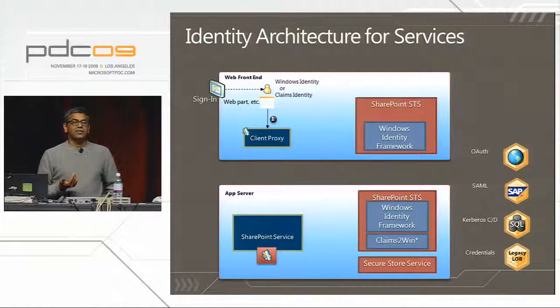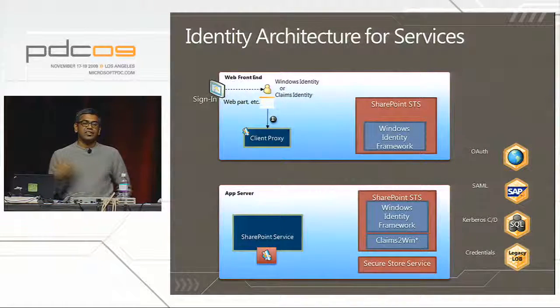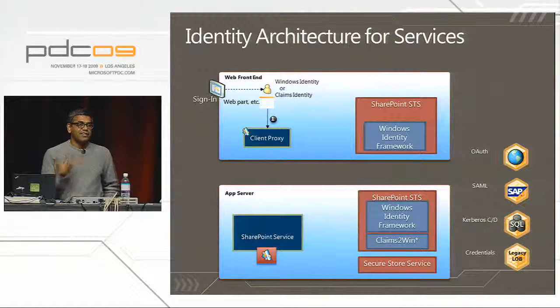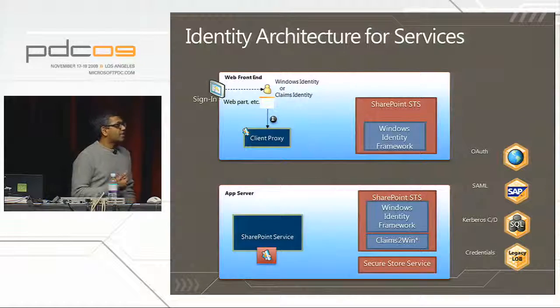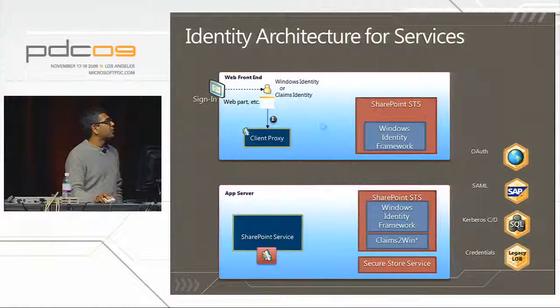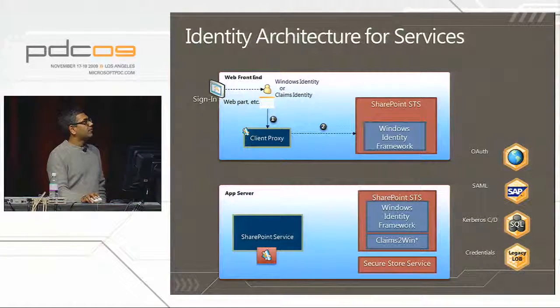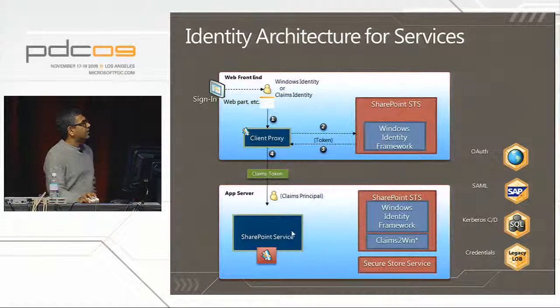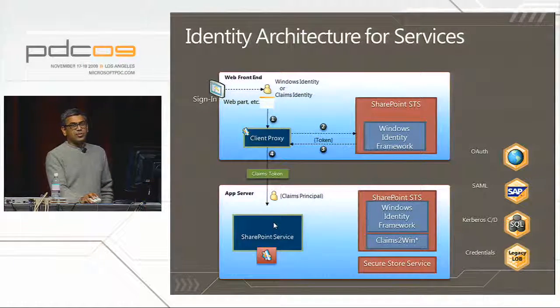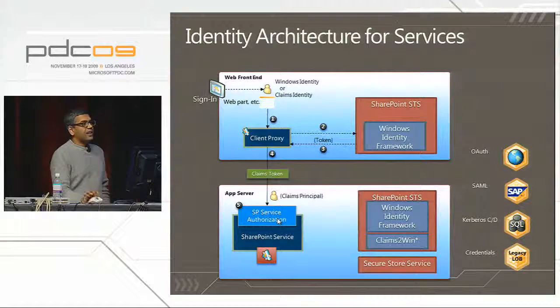It gets the proxy. All of our shared services now are based on WCF, and there's a WCF proxy that we generate automatically, and it's available on the website. So it calls the client proxy. The client proxy then knows to request a token from the SharePoint STS, and then it makes a call with a claims token. When it's called, on the other side, which is another SharePoint app server, there's an authorization step